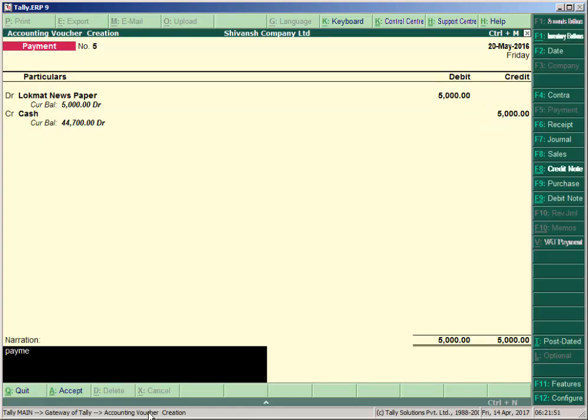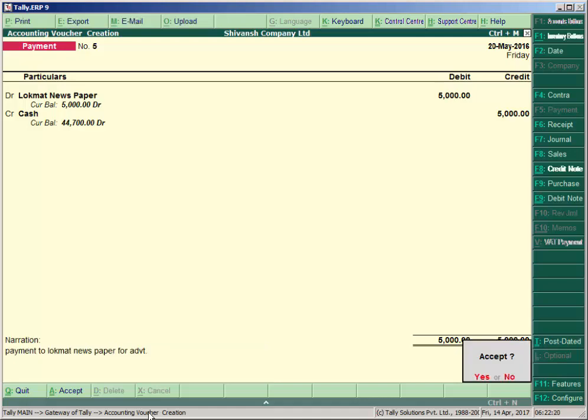Same narration is here. You press Ctrl plus R to copy the narration of the last transaction. Payment to Lokmat newspaper for advertising, and accept.